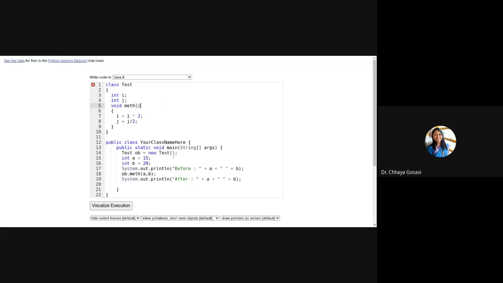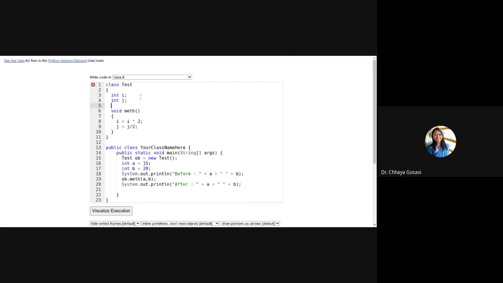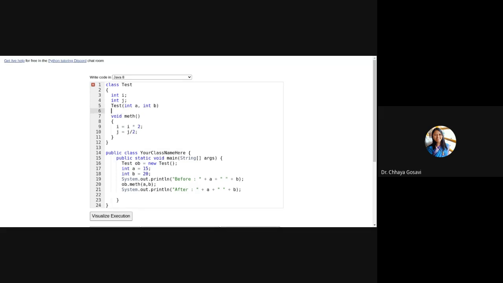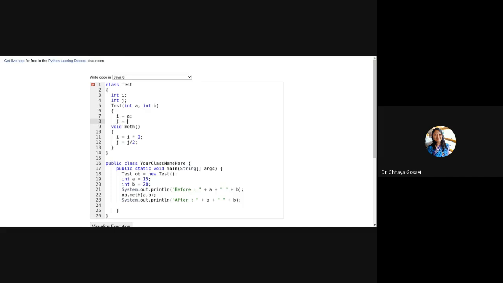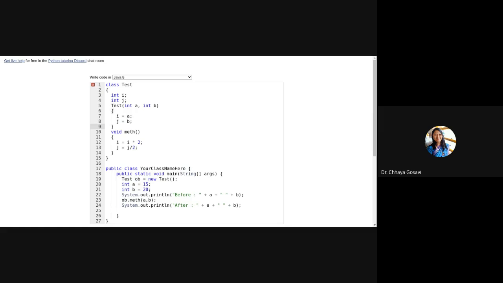And while creating the object itself, you can pass these values to a constructor: int a comma int b, i is equal to a and j is equal to b. So first get the values and then create a variable with the constructor.